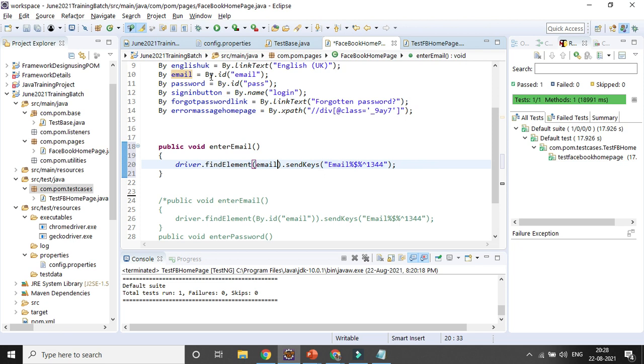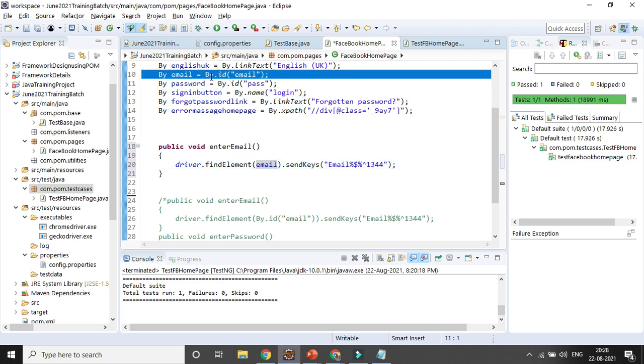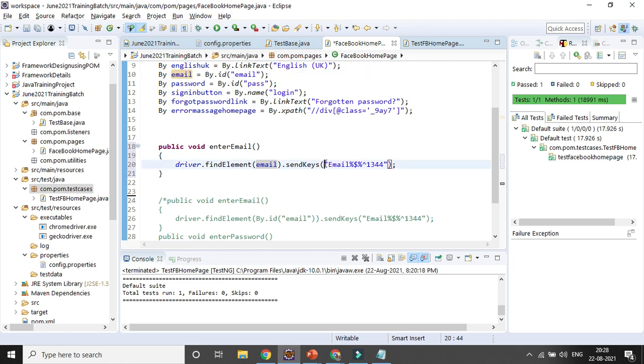In case you need to change it, you only need to update it here, any properties, any new field you need to update. And then here send keys, you can create a variable here, suppose you can pass some string variable, email. So I'll be passing it. So that's how you can create the important method.